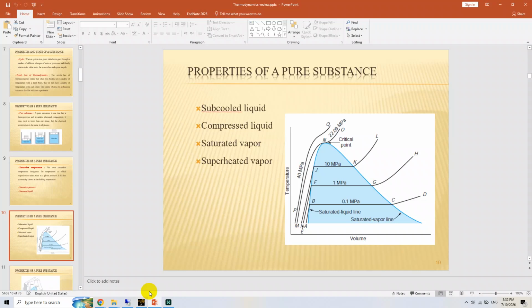If we add heat to the system, in the first part AB, the volume and temperature increase. In the AB region we have subcooled liquid, that is, a liquid whose temperature is lower than the saturation temperature. When we reach point B, adding more heat to the system causes a phase change